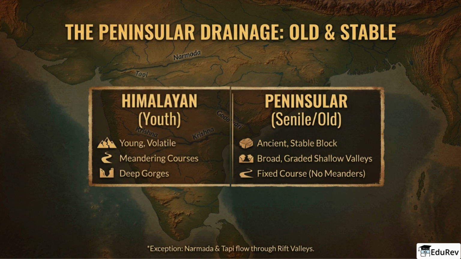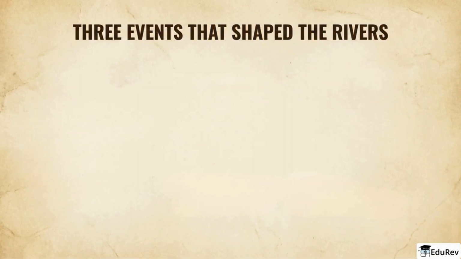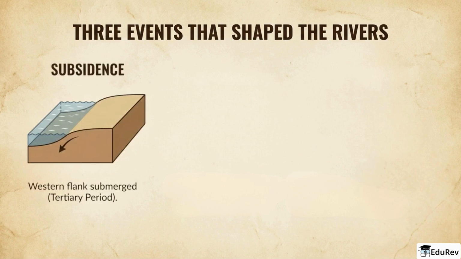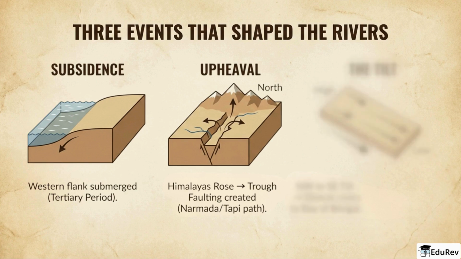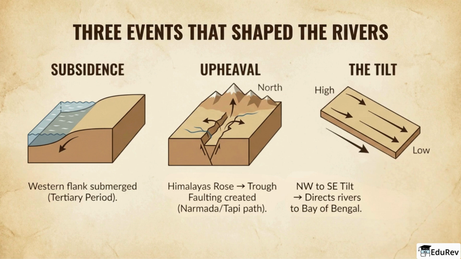And do not miss the exception already hinted here. Narmada and Tapi are different because they flow through rift valleys. Now ask the real question. What shaped the peninsular rivers the way they are? Three events. First, subsidence. The western flank submerged during the Tertiary period. Second, upheaval. As the Himalayas rose, associated structural disturbance and trough faulting helped create the path used by Narmada and Tapi. Third, the tilt. The peninsula developed a northwest to southeast tilt, and that is what directs most rivers toward